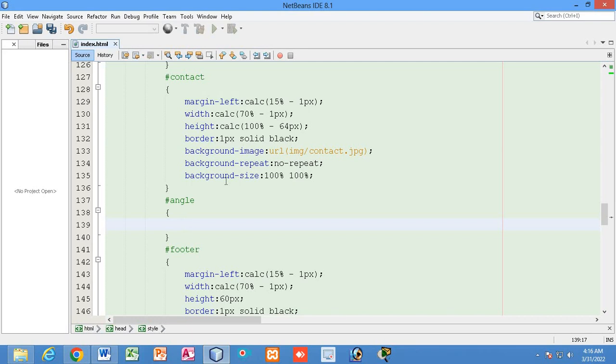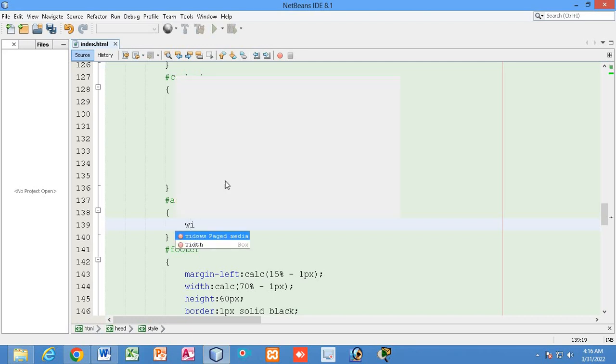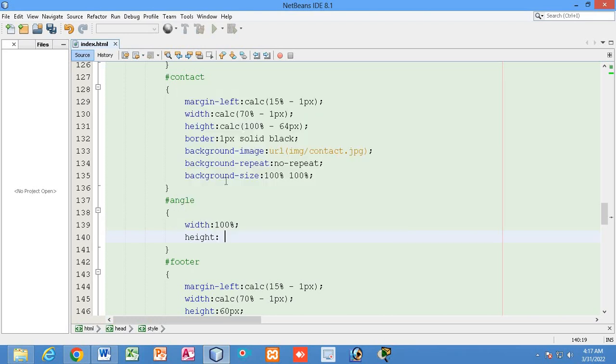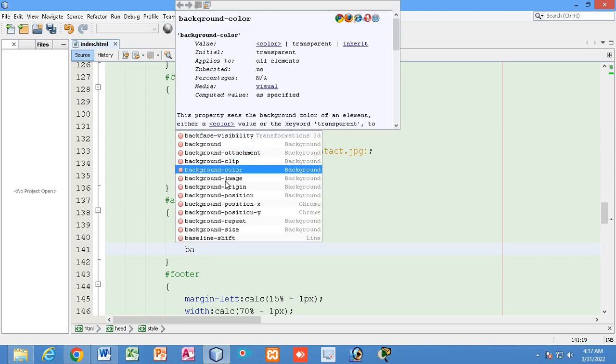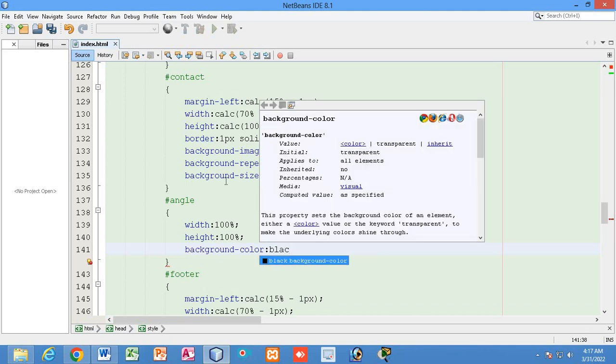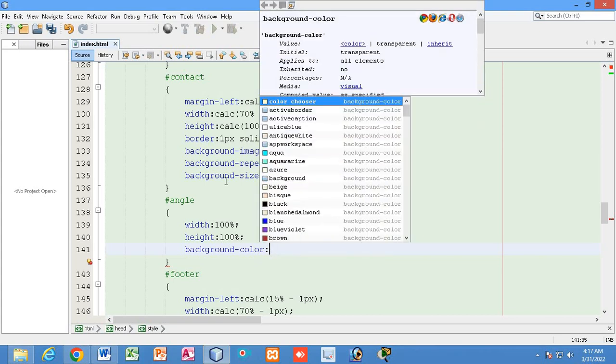So width will be 100%, right? Height will be 100%, right? Width 100%, height 100%. Now background color I will give black or maybe red.